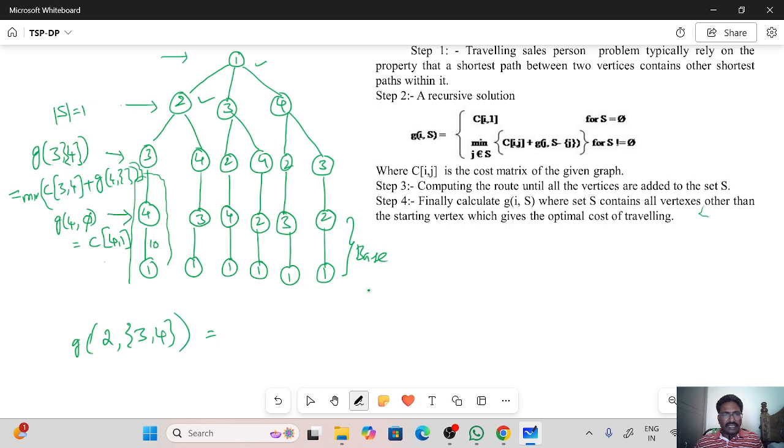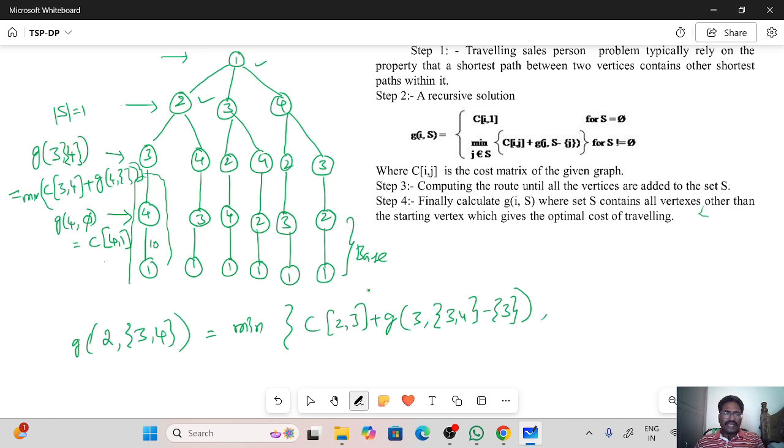So that is nothing but the minimum of the cost. If it is 3, what is the edge cost of 2 to 3? I must consider it, plus the total cost of that 3 to, what is the set initially? The set is 3, 4. You visited 3, so in future which vertex are you going to visit? 4 only. In other words, from the set 3, 4 we remove the visited vertex. Which vertex did we visit? 3,